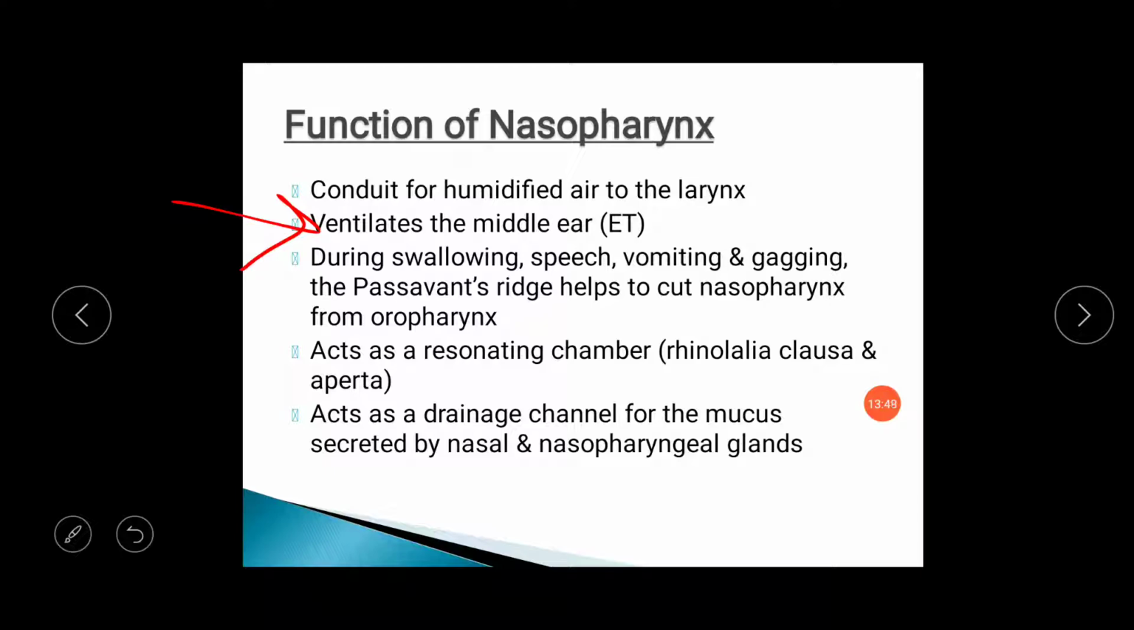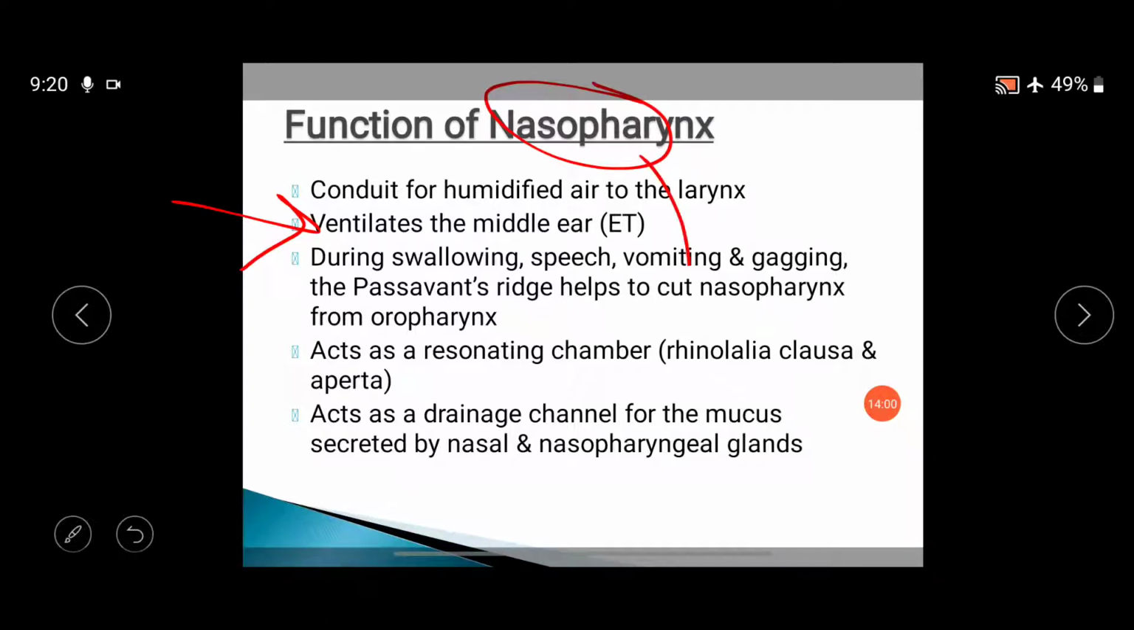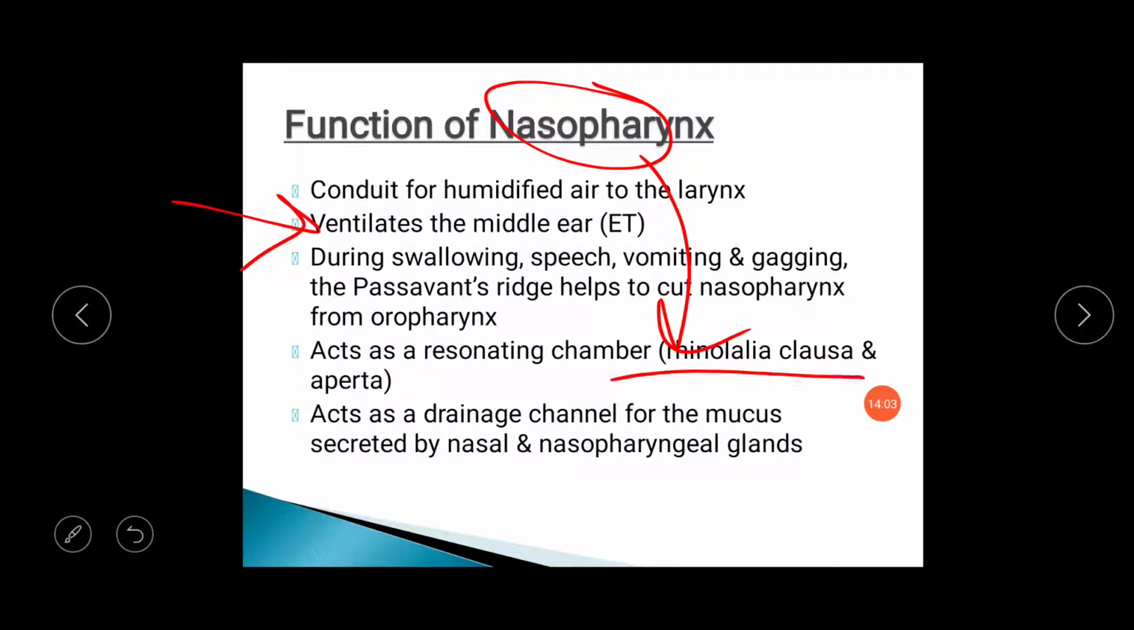The nasopharynx acts as a resonating chamber and helps in the formation of some vocal sounds. So whenever a patient has nasopharyngeal palsy, soft palate palsy, or a mass in the nasopharynx, they develop rhinolalia clausa or a type of